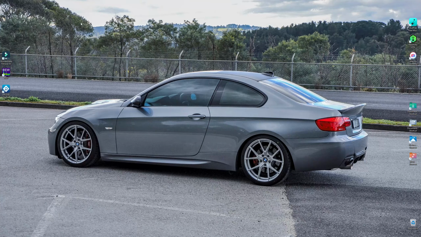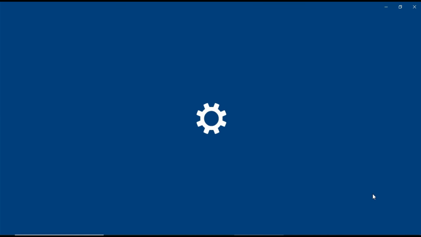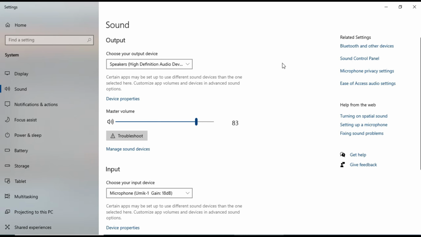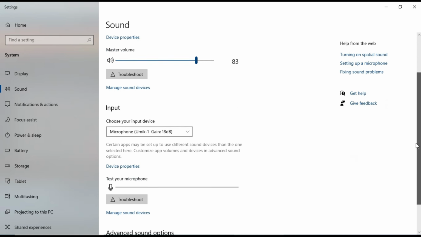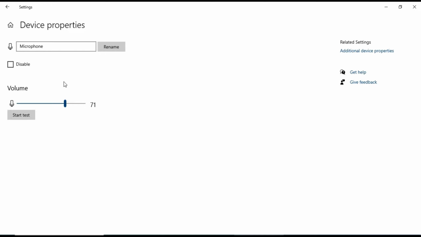If you are in Windows 10, the thing you can do is go down to your sound settings and go into Open Sound Settings. So this is Windows 10, and then you'll get this screen. And you can scroll down here to input device. Now this is where you can select your different input devices, so I'm using the UMIC, and then you can click into device properties, and here you've got a bit of a volume slider. So at the moment mine's set on 71, so I'm going to slide that all the way up to 88,